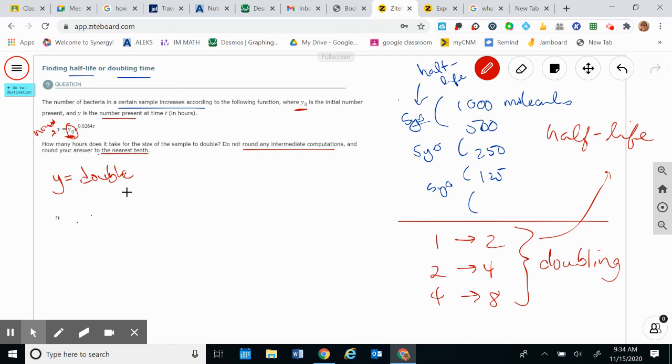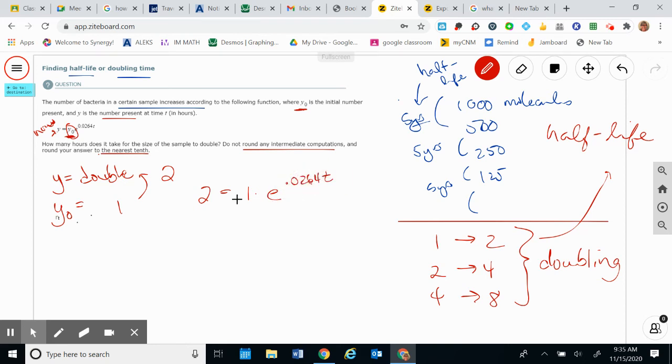Okay, what you're going to do is put in y0 as 1. We're going to start with 1. Let's pretend we just start with 1. And then we want the amount to double, so we're going to put y as 2. So 2 equals y0, which is 1, times e to the